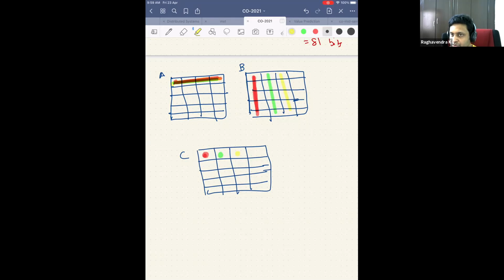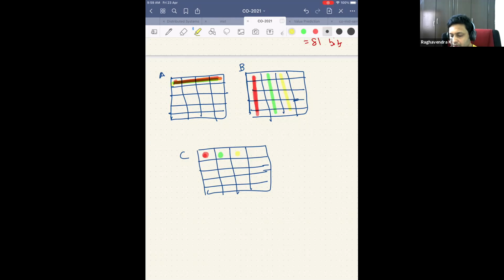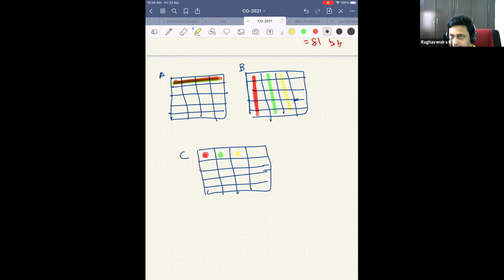So how do I propose to fix it? Can I do B transpose? Yes, sir, you can do B transpose. If I do B transpose, how will I do it? You do B transpose and then multiply them, but you go row wise. Okay, but if I do B transpose, the cost of doing the transpose itself gets added, right? So it means I'm anyway touching this. There's a simpler way to do this.